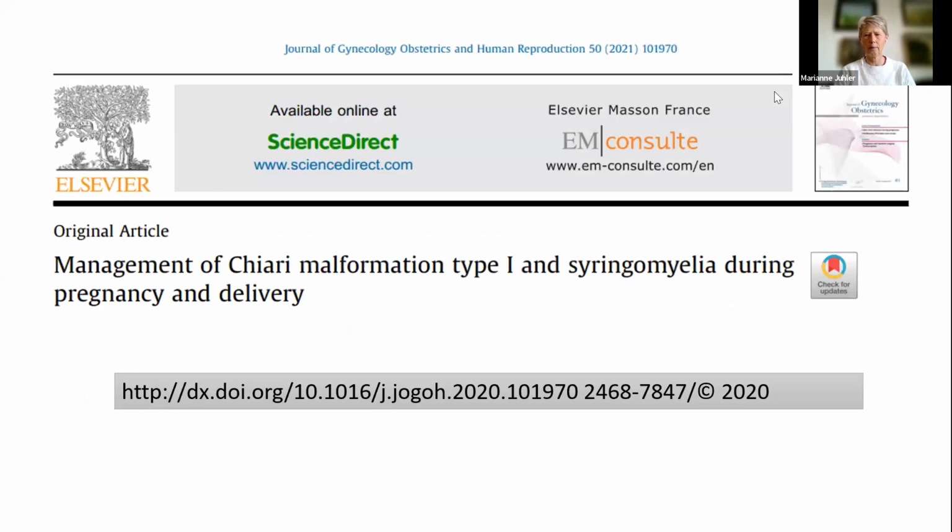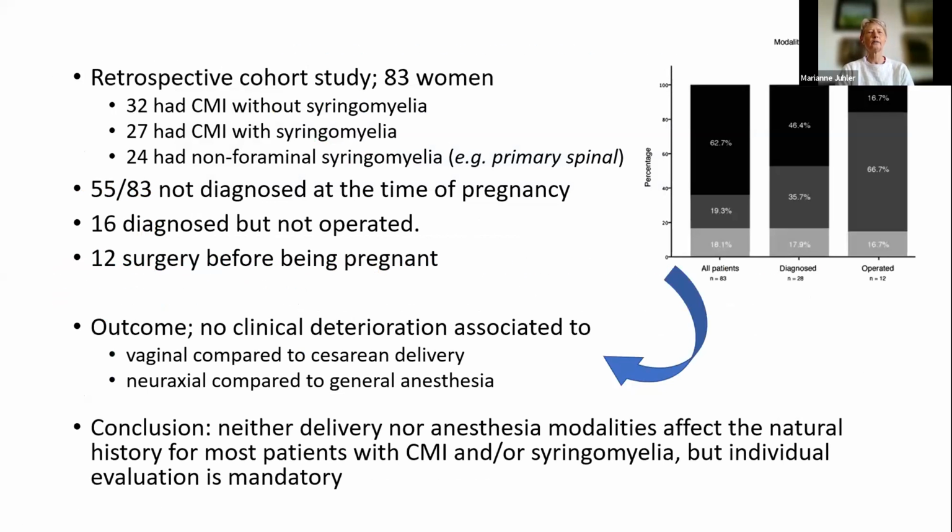This is one of the published papers, which is rather typical for the type of evidence that we have. It was published in 2020 in an obstetric journal, and it reports a retrospective study of a total of 83 women, of whom 32 had Chiari without Syringomyelia, so these are not relevant for today, but 22 of them had